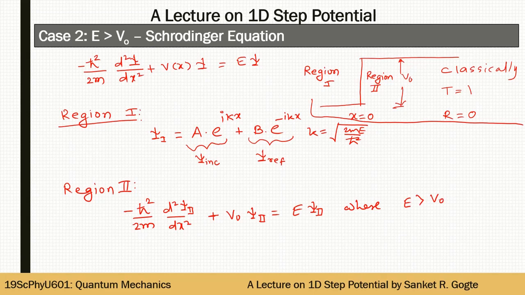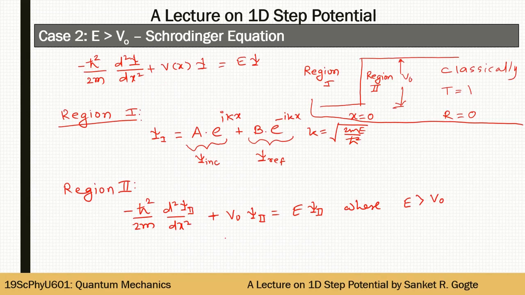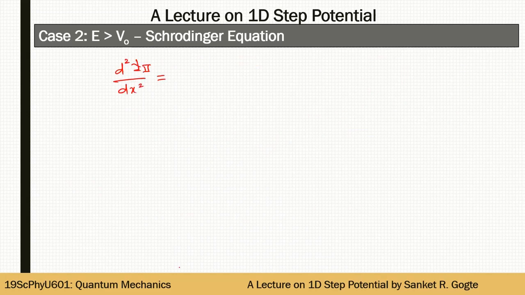So this is the equation. Let's now move on to the next slide and do some mathematical juggling to obtain the Schrodinger's equation in the desired form. So d2 psi 2 by dx2 is equal to, what is it? It is E minus V0 now. So this is minus